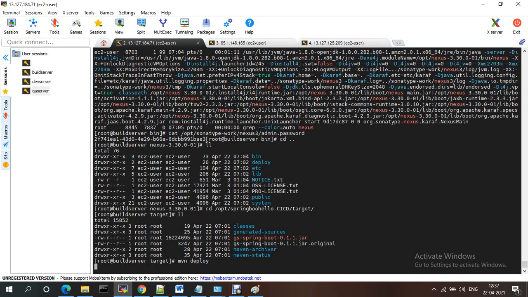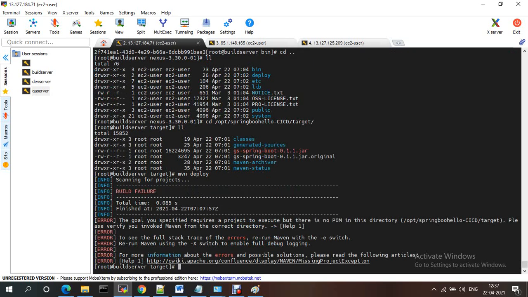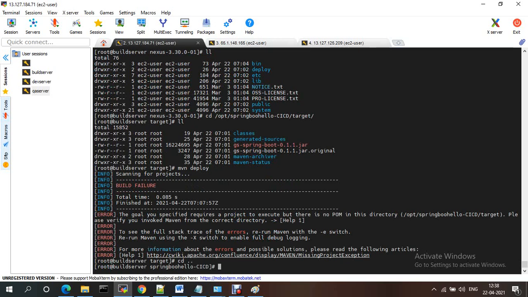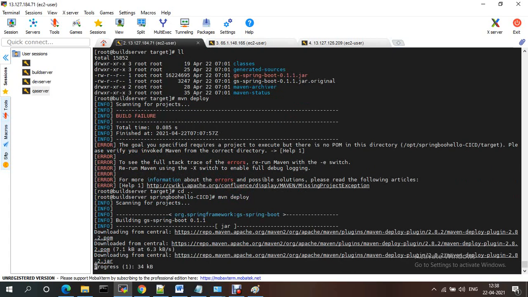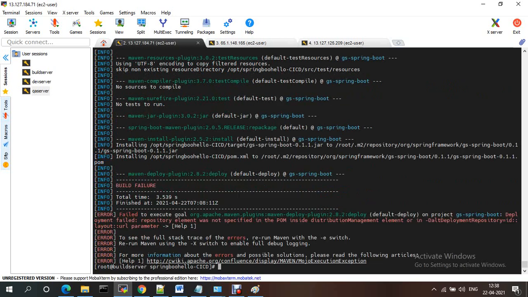We didn't provide the Nexus username and password, right? So mvn deploy. See, deployment failed: repository elements specific under distribution management.